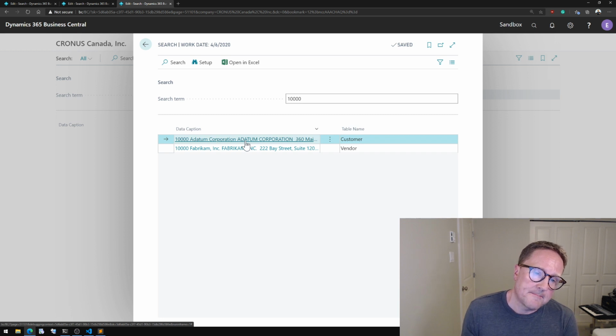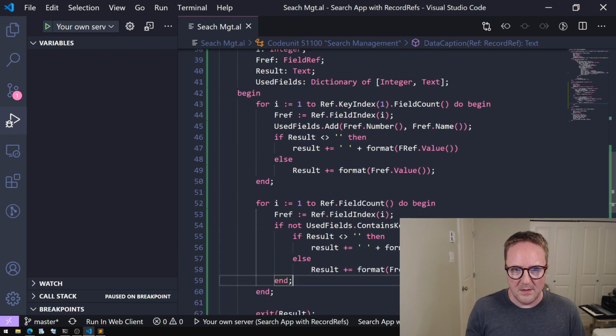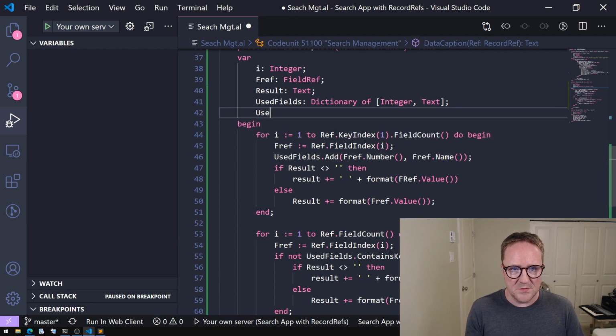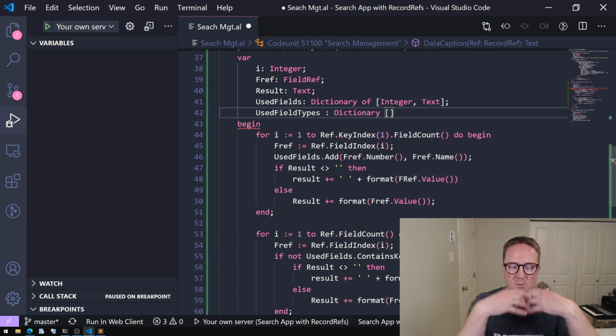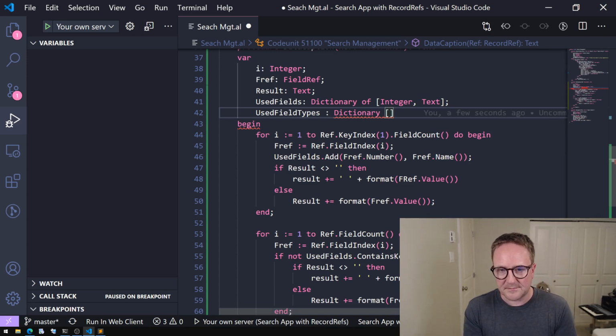So we really, this is just redundant and looks ugly. So let's get rid of that also. And now that we are getting used to using dictionaries, let's go and say used field types, because let's think about it. The only fields, so we want any field in the primary key, and then we want to add new information. So we don't want to re-add the primary key fields, and perhaps let's right now have the idea